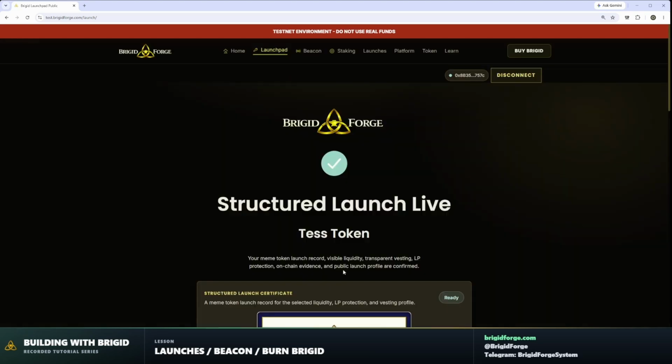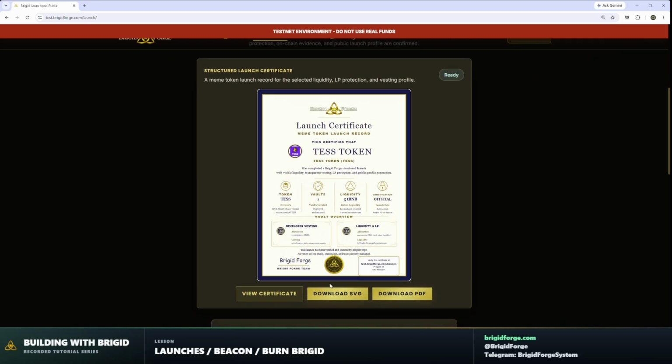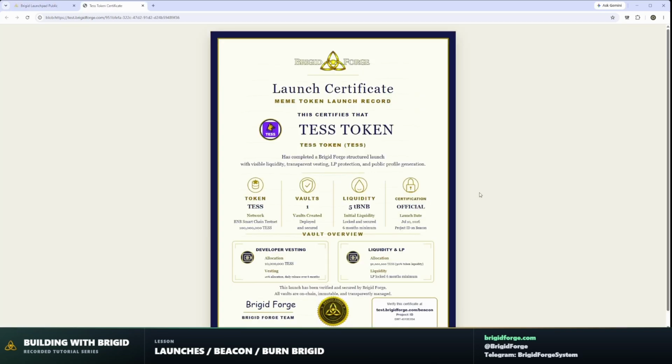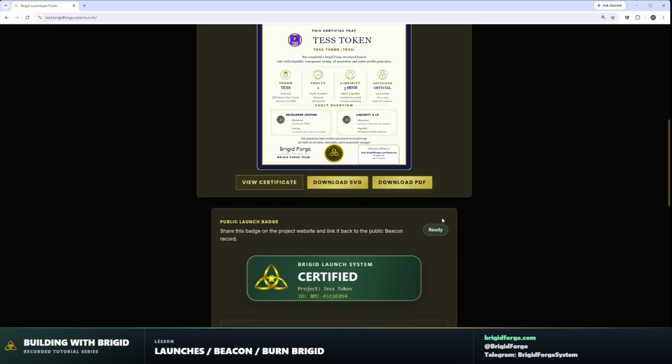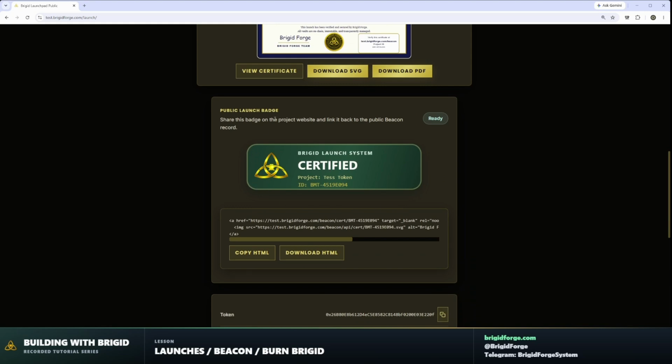Now that we have successfully launched our test token, or your meme token will be in there, here's our launch confirmation page. You have a launch certificate, which is downloadable in multiple different formats. You also have this badge that is quite important that you can embed right onto your website, and that will bring anyone in your community who clicks on this badge right back to a page on the Brigid Forge website, and that will give them all the specific post-launch addresses, details, information that they could possibly need to see